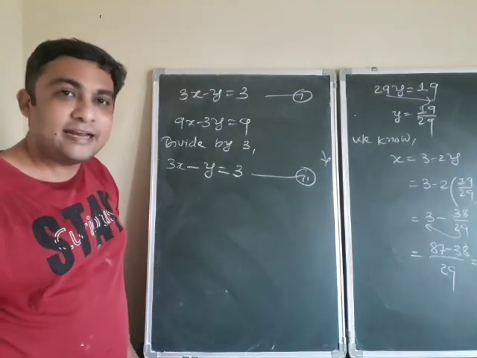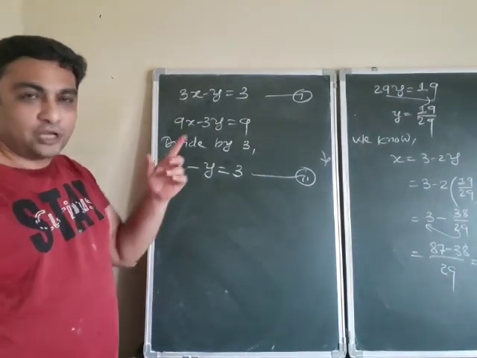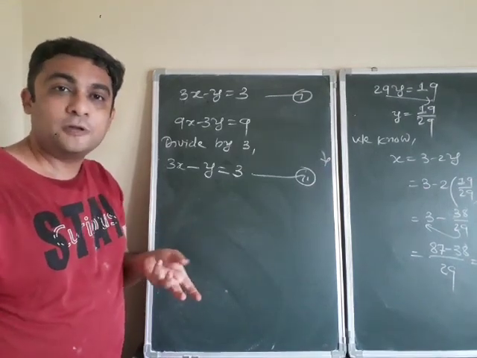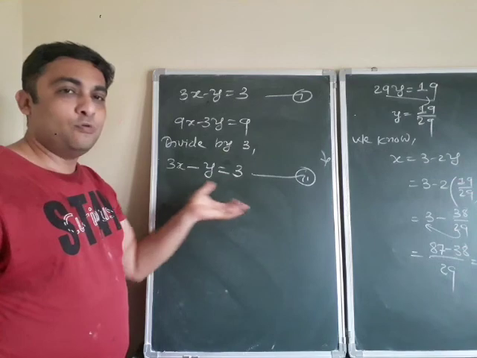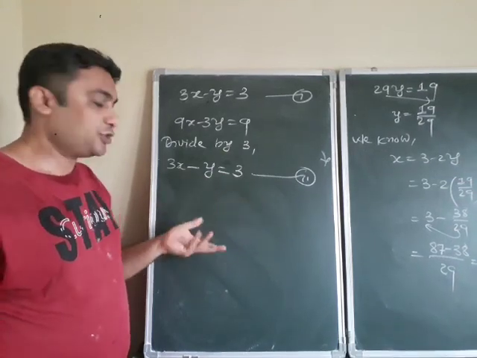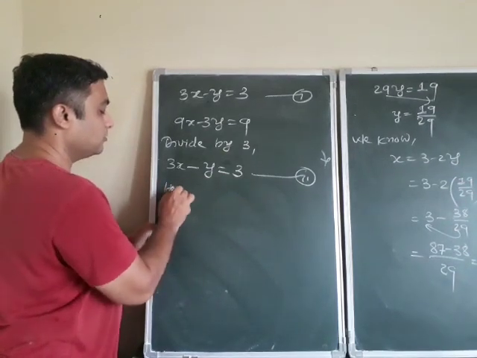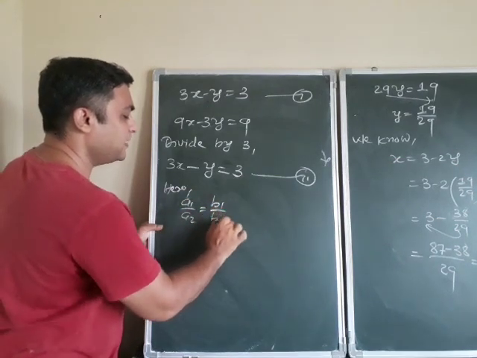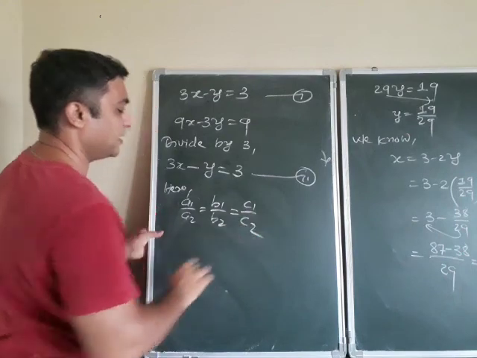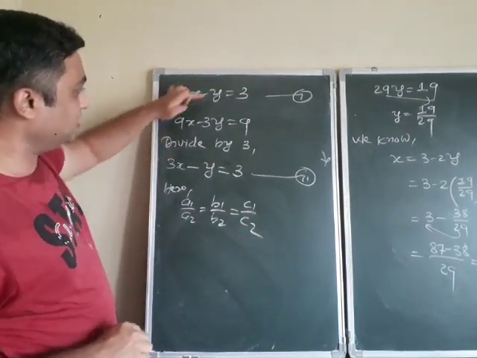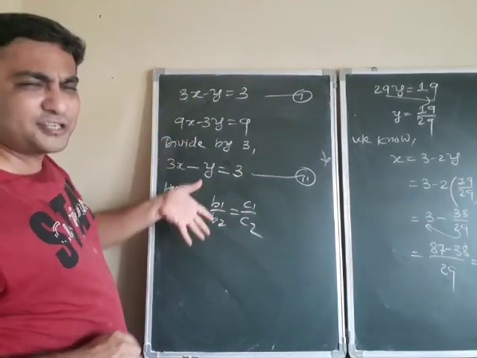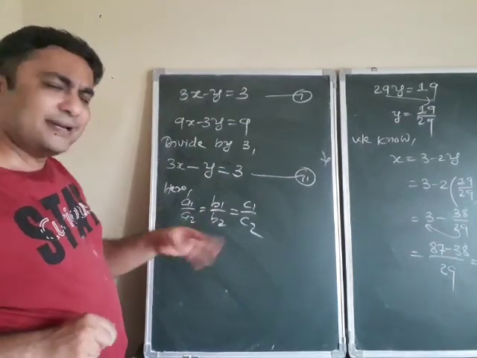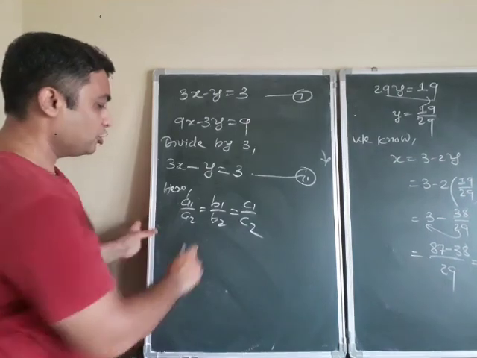It means lines are identical. If you find the ratio a1 by a2, b1 by b2 and c1 by c2, all the three ratios will come same. Okay, so if you want to give more explanation, theoretical explanation, you can say here, a1 by a2 is equal to say 3 upon 3, 1 minus 1 upon minus 1. दोनों इक्वेशन सेम हैं तो तीनों रेशियो सेम आएंगे. Is it? Not to worry. You can write it directly.